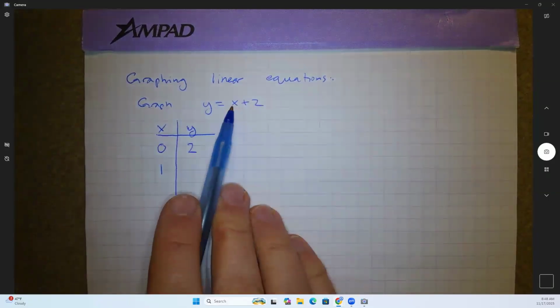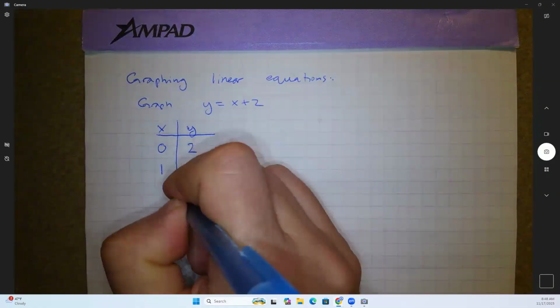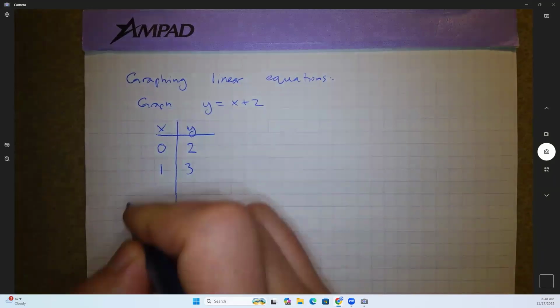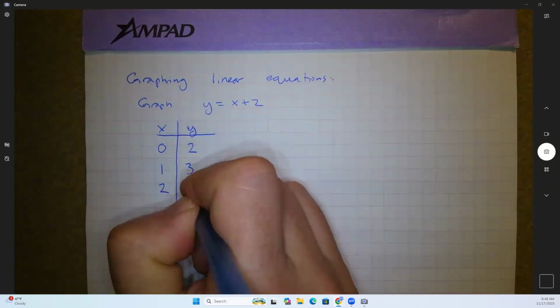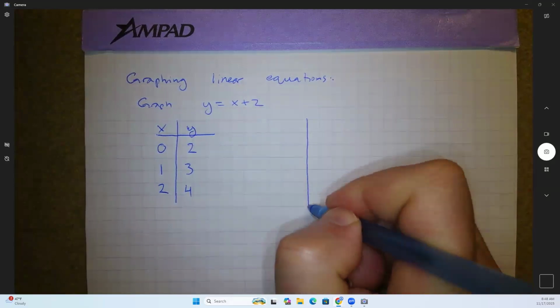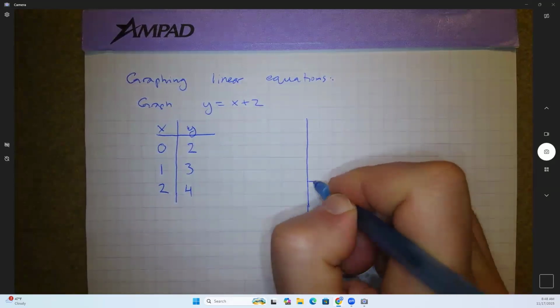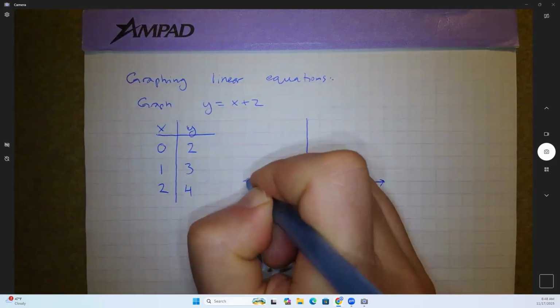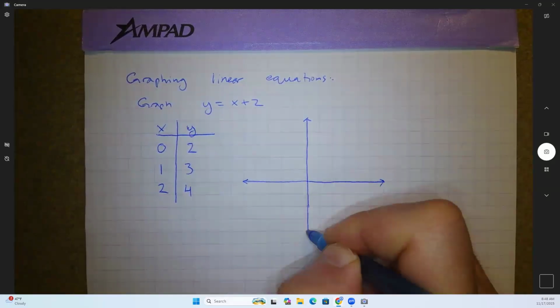When x is 1, y is 1 plus 2, so y equals 3. And maybe we'll do another point just for good measure. That will confirm that it's probably linear. If I do x equals 2, y is going to be 4. So with a couple points in hand,